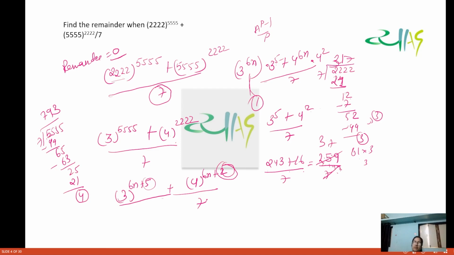let us see what we did from the beginning. We took the number 222. We first calculated the remainder for these digits. Then we made this number in the form of p minus 1's factor. That is, here 7 is a prime number, so p minus 1 is 6, and 6